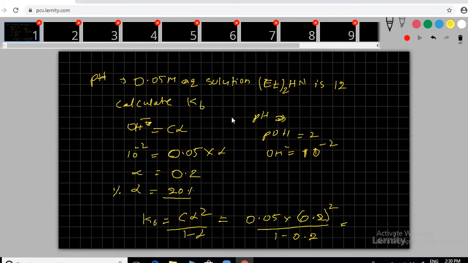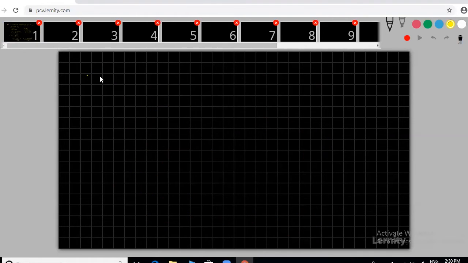Yeah, I hope you know these small things, because I'm not discussing this here. pH equals minus log H plus. These I'm not discussing, sir. Direct substituting values. pOH equals minus log OH minus. I hope everyone knows that.